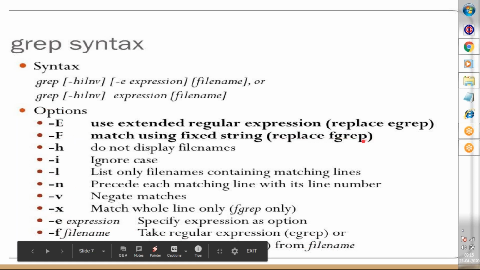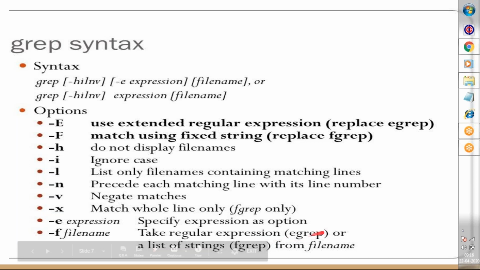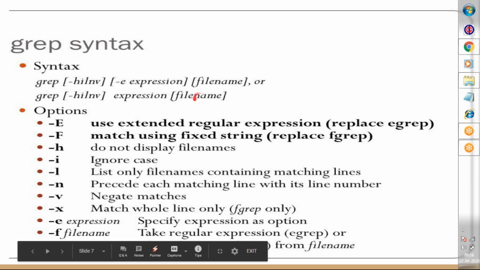Similarly, small e specifies the expression as the option, and small f specifies the file name. Your regular expression grep. So E stands for specify the regular expression.